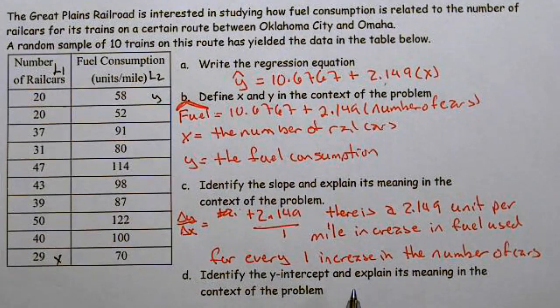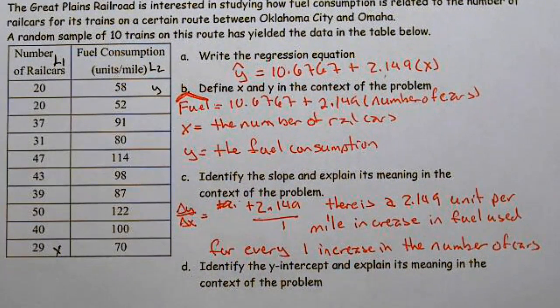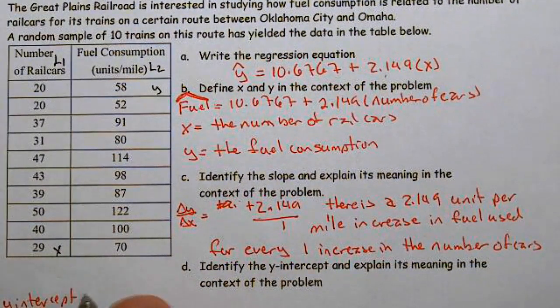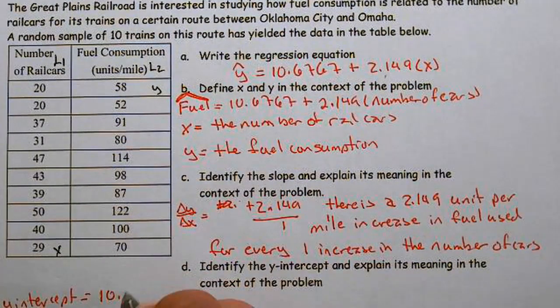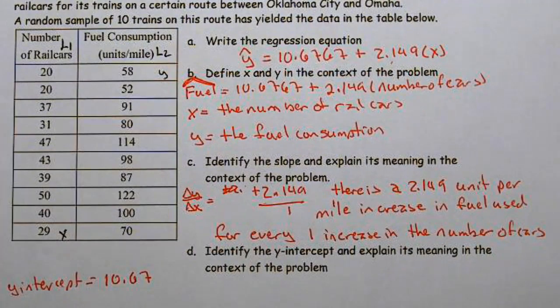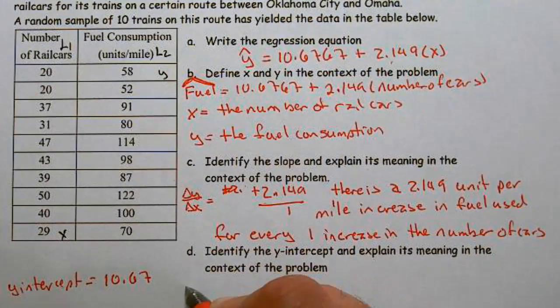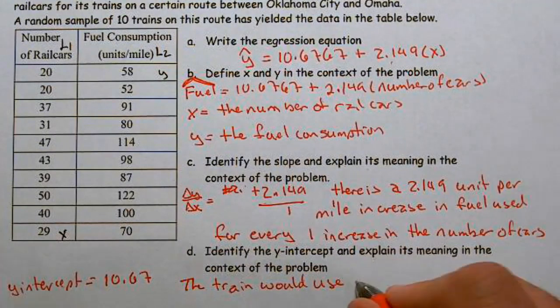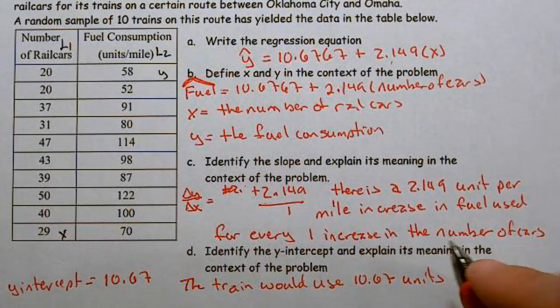Identify the y-intercept and explain its meaning in context, all right? Well, our y-intercept equals 10.67. All right, that's our y-intercept. And in this case, our y-intercept says we would use this much fuel: the train would use 10.67 units per mile of fuel